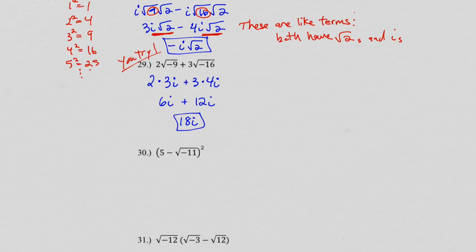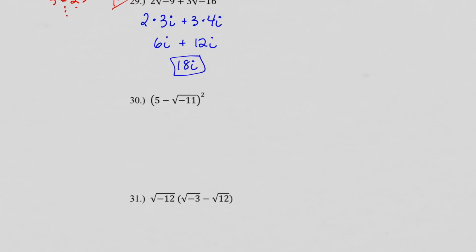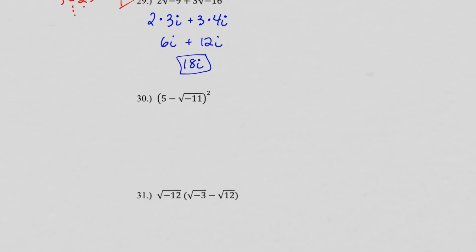Okay, so again, I want you to get to the point where you can just write down 3i for the square root of 9 and 4i for the square root of -16. Just go straight to that. If you want to break it down in a couple more steps, that's fine too. Now, the last two we're going to do,